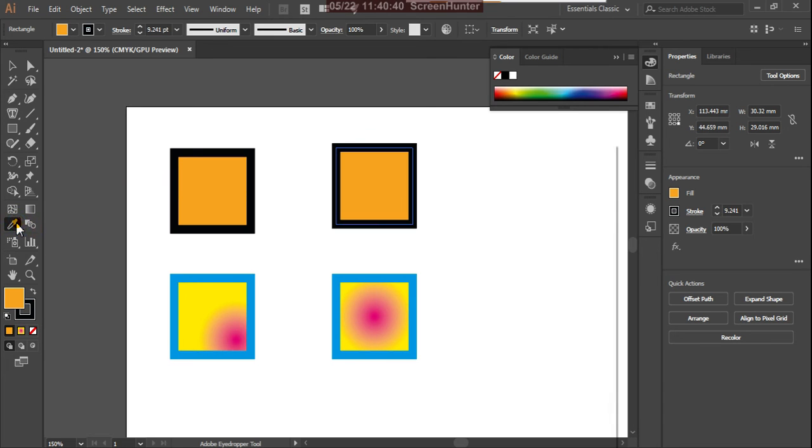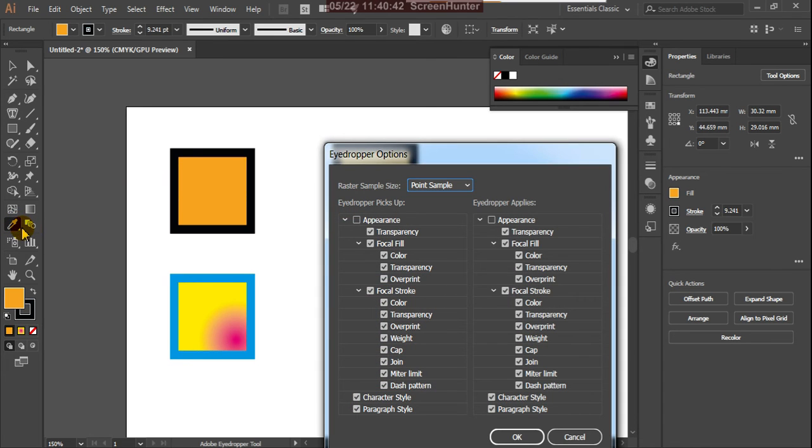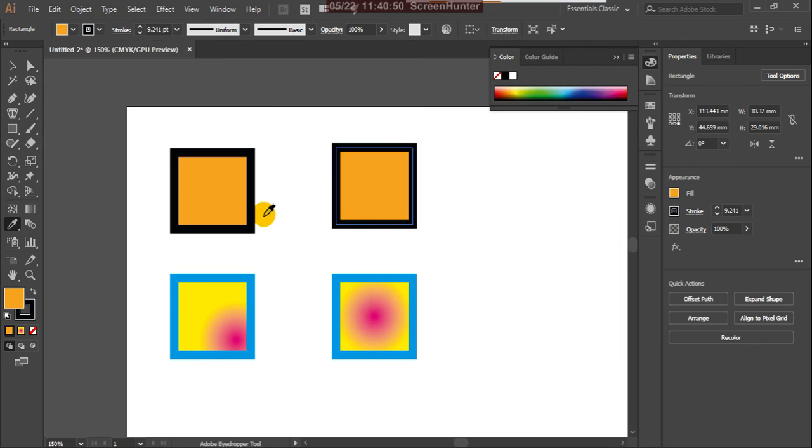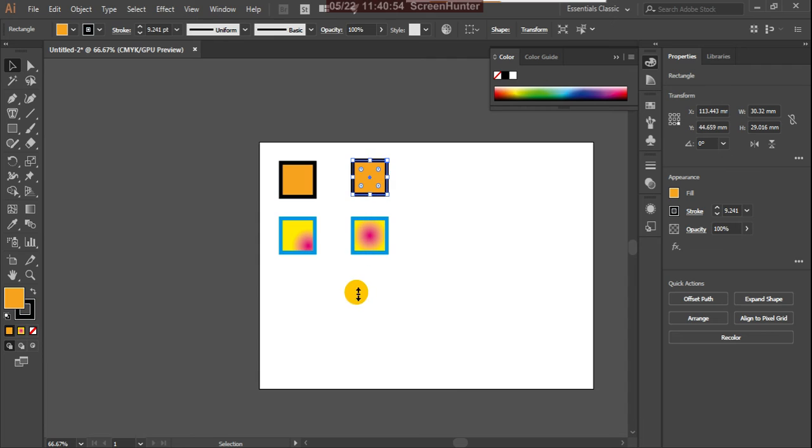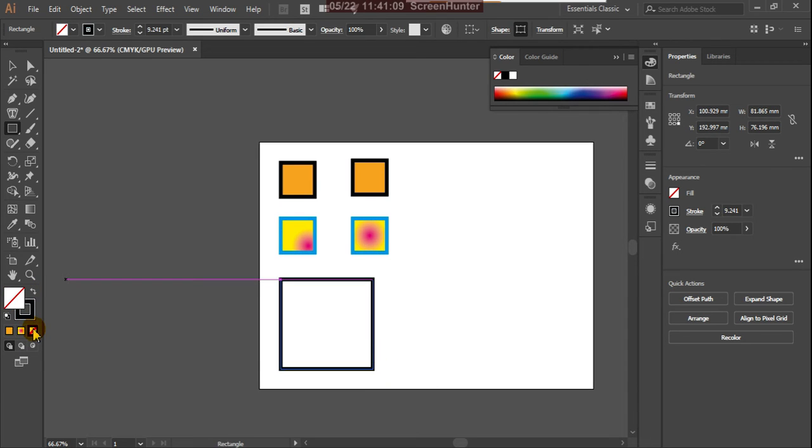Now in the same way, you can double click, and suppose now we use the character style. Here I'm creating one box. I don't want color, so I can remove that.